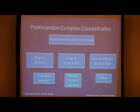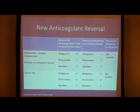Most actually use the 4-factor PCCs, which are not available in the United States. One small study did look at using FEIBA with some mixed results with that activated 4-factor. And so this is just a graph to give you a little taste of what's out there right now. But looking at PCCs,